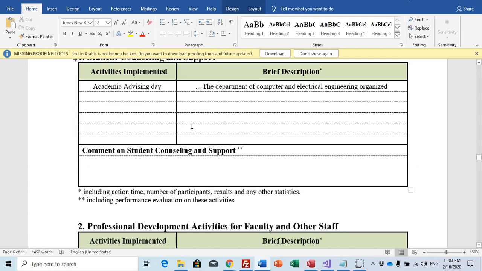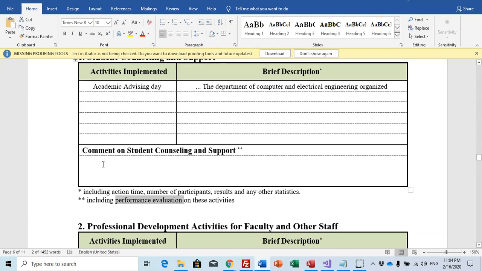You can write, for example, what if you in the program faced some advising problems or support, or you can write here, for example, including performance evaluation on these activities. The performance evaluation is very important here. If you want to write the comments, it should be based on an evaluation.